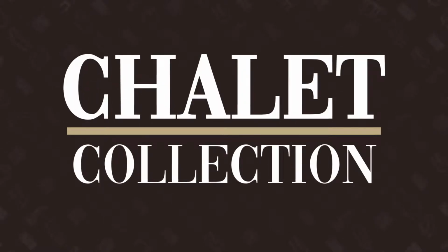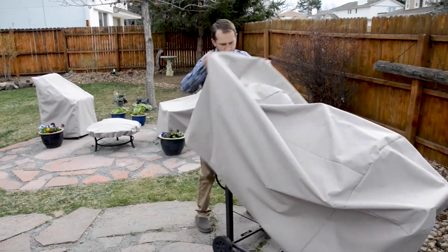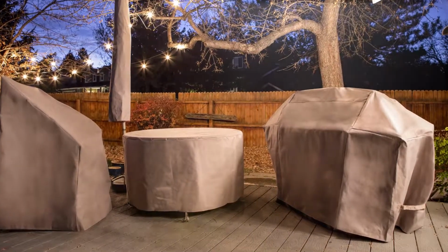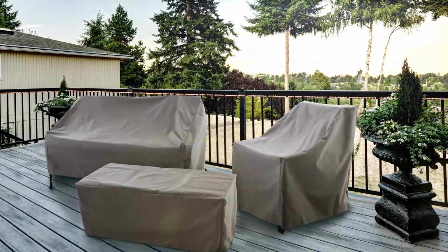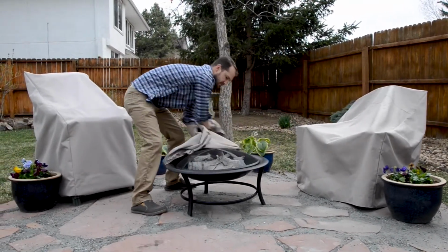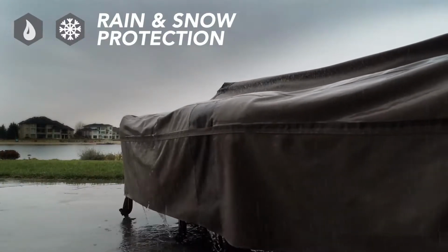Our Chalet collection of patio furniture covers and grill covers is a great way to preserve and protect your outdoor space at a great value. With over 23 different products in this lineup, you can be sure you'll find the right cover to fit your needs. Each product in the Chalet collection is designed standard with heavyweight, water-resistant fabric, which provides a barrier from the